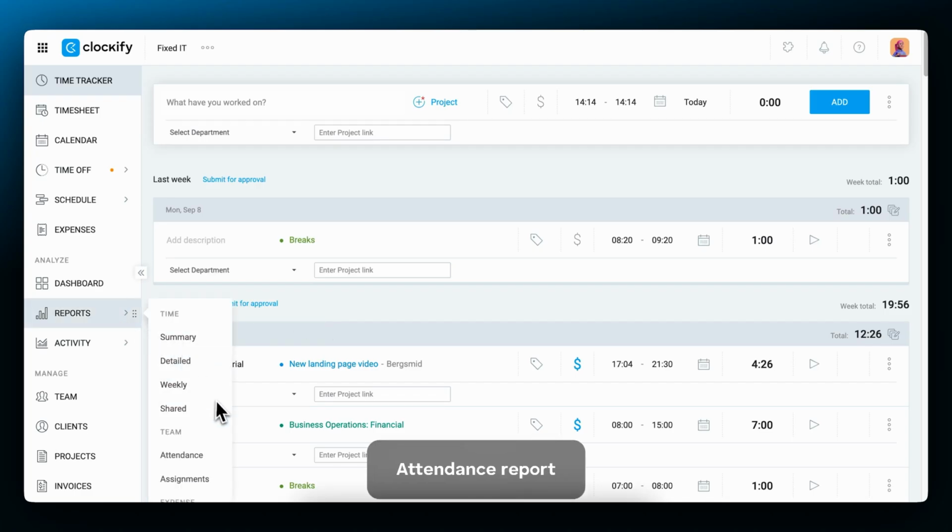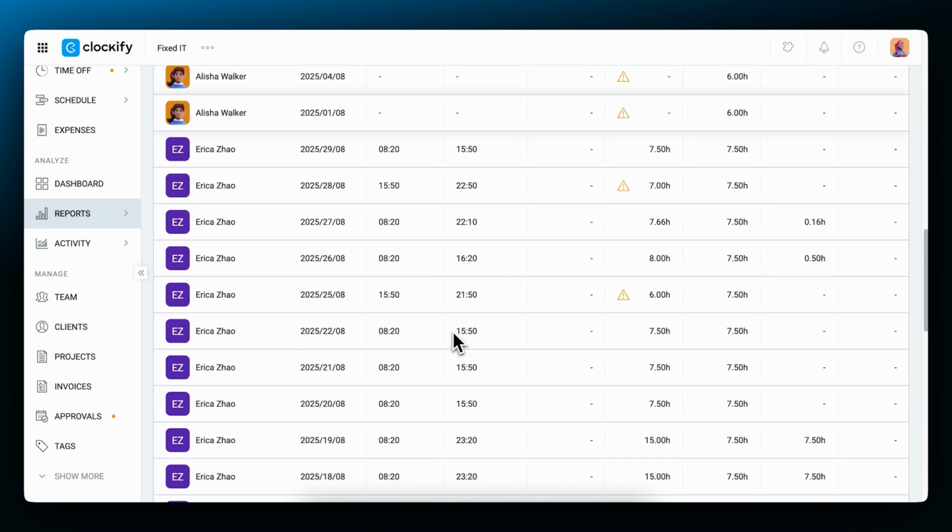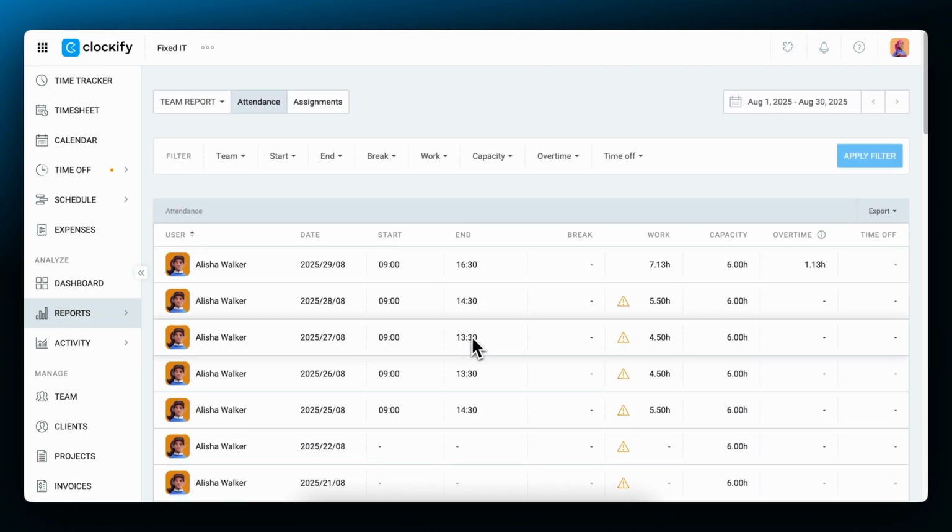The attendance report allows you to get daily insights on employee attendance and working hours. You can see when employees clocked in, when they clocked out, and how much time they spent working, the breaks they took, and the overtime hours for each day. You can use this report to see who worked when on each day, or you can use it for